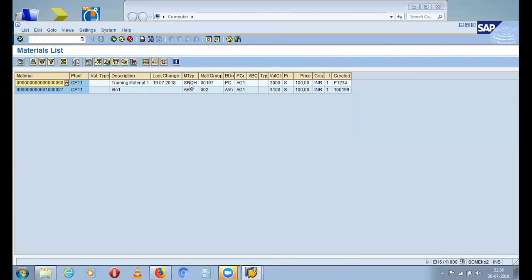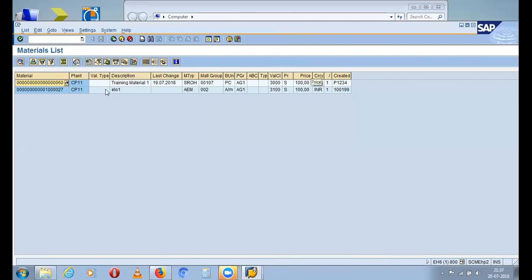Ma'am, but in companies, how will you come to know who has done this? In the description, you have written this material, training material one, so you came to know this is done by you. Also the user ID is there, no? Where is the user ID?